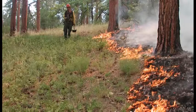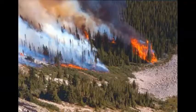When a firefighter's on a fire, they're supposed to identify a safety zone that they can go to in the event that conditions change. Across all levels of experience, it's difficult for firefighters to estimate the fire conditions based on changes in the environment. So some of the work that we're doing now is attempting to provide